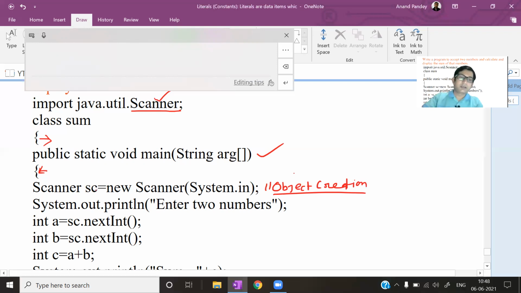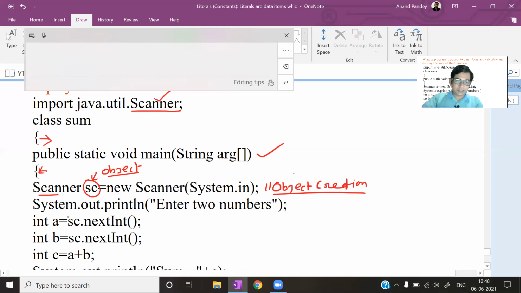So here we are creating the object of the class. The name of the object is what? Here it is sc. Scanner sc: sc is the object. So why are we creating this object here? Because in this program, we are going to use some functions of the Scanner class.